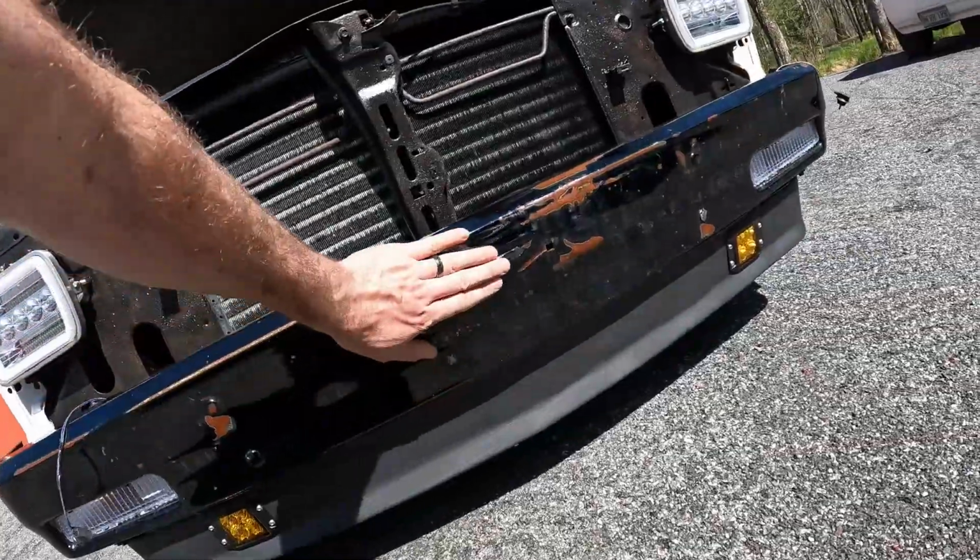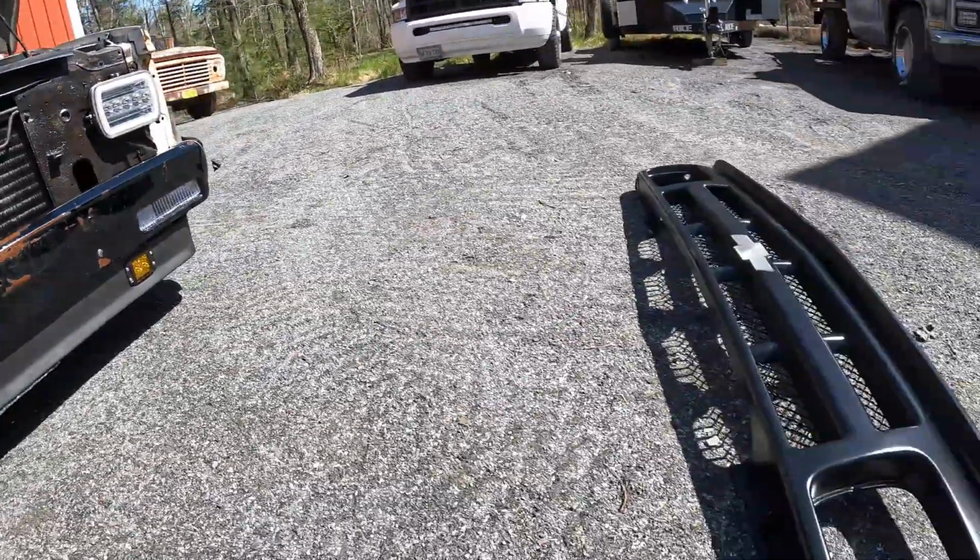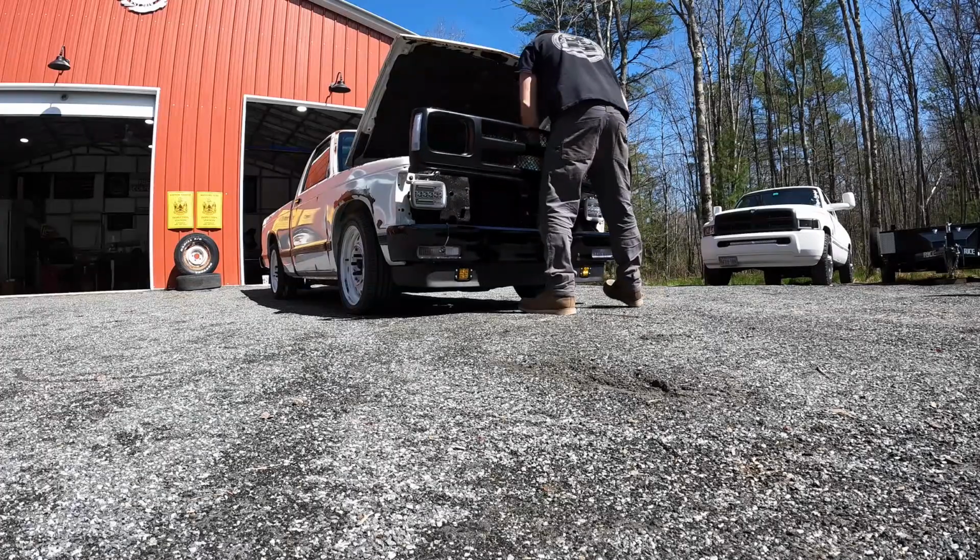That bumper came out pretty sweet with the clear coat on it. But let's pop it on. I guess got a few in it. But honestly,